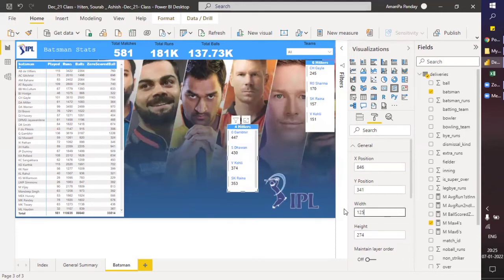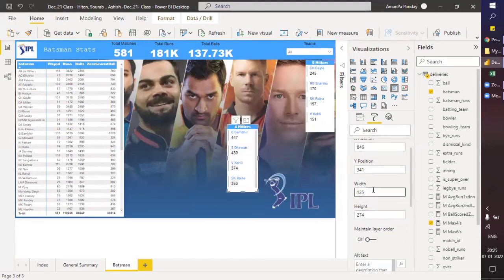What I'm saying is, if you increase the length to the extreme right, and if you decrease the height, would it align in a vertical way? Sometimes it happens.